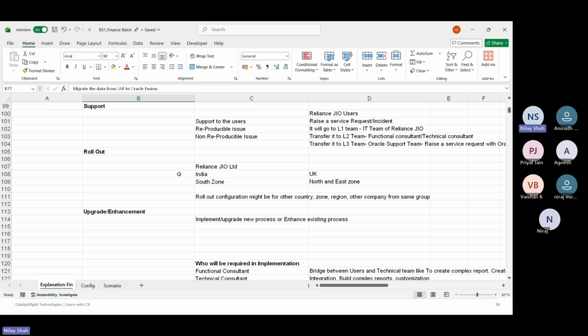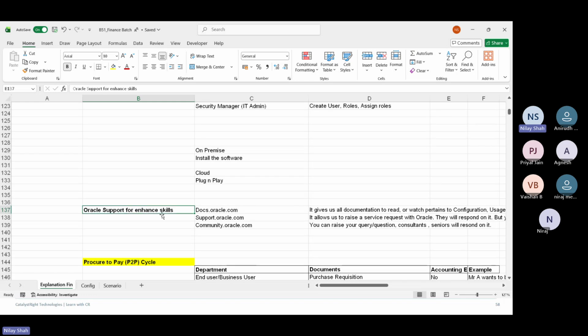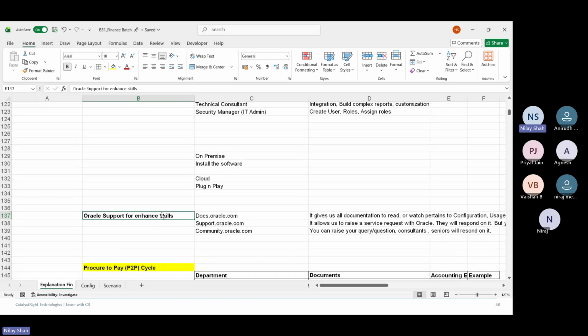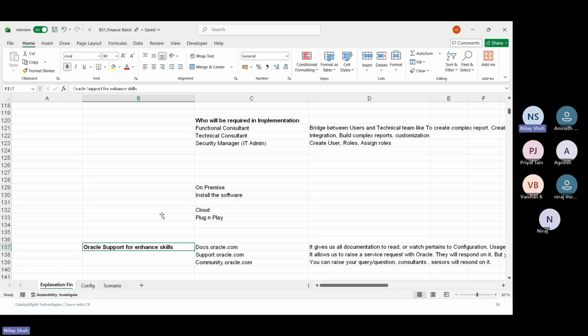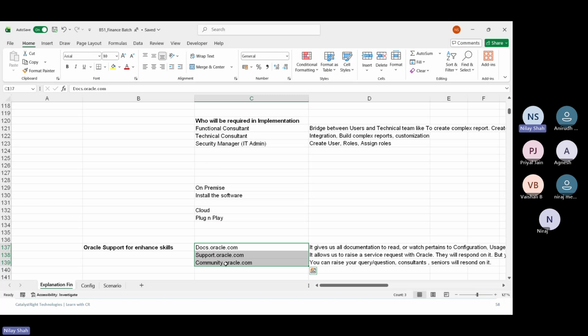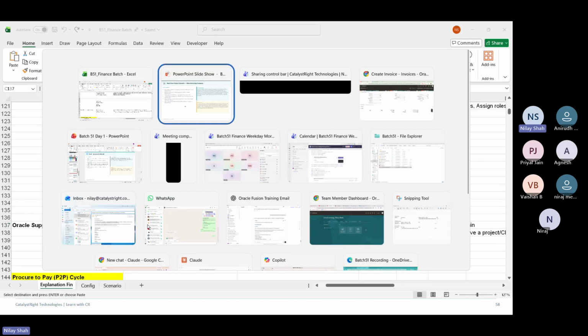Now, support we discussed, rollouts we discussed, upgrade, something happens, upgraded, then Oracle support. Okay. So now see, we understood most of the important pointers. Now I'll give you certain websites or links, right, which are useful as a consultant, right? Because now you will be working as a consultant, you should know docs.oracle.com, right? So let's say if I open that docs.oracle